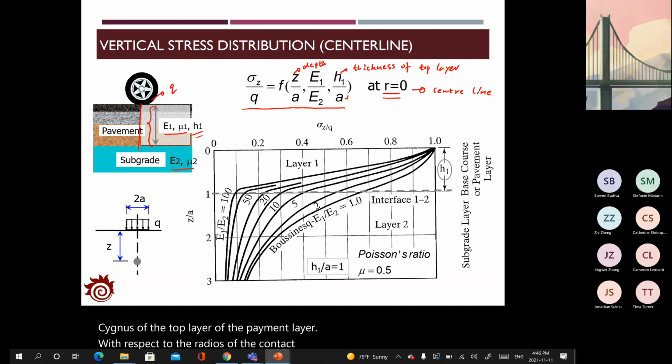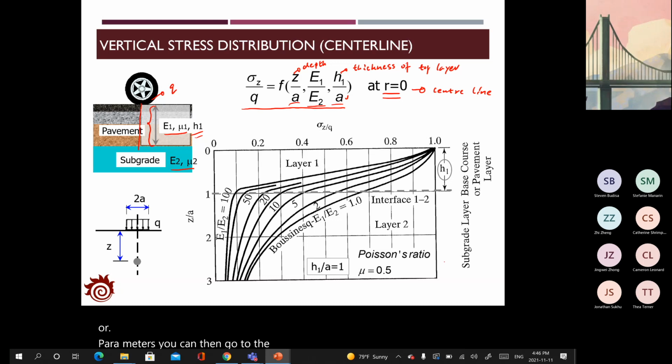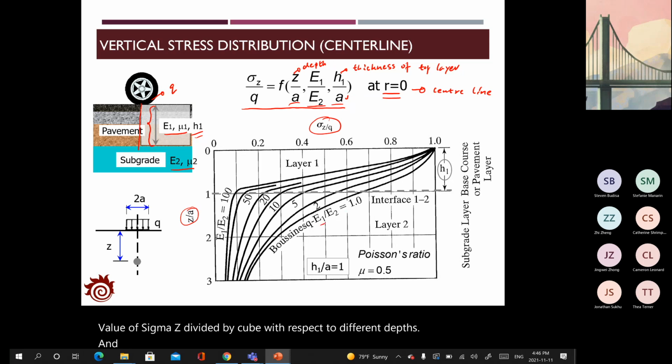And once you have those three parameters, you can then go to check the graph here to find out the value of sigma z divided by q with respect to different depths and the different ratio of the